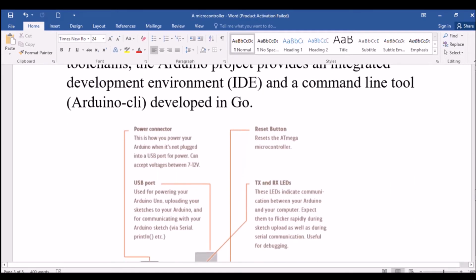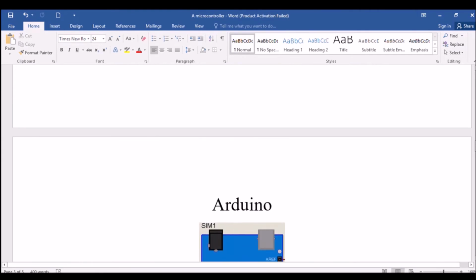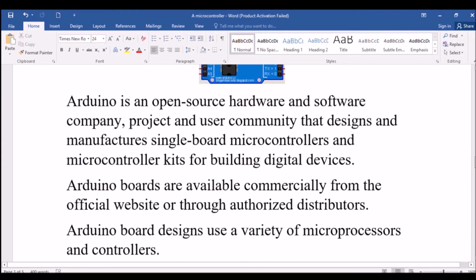Then, as a summary, we saw that Arduino is an open source hardware and software. It was designed for linking or combining hardware and software. The software is the one which can manipulate or control the hardware. You see, it is manufactured as single board microcontrollers and